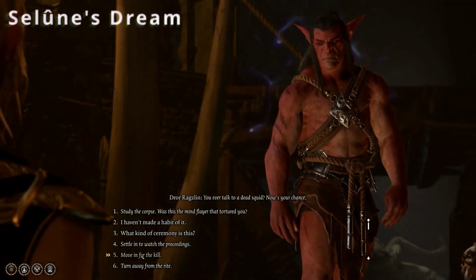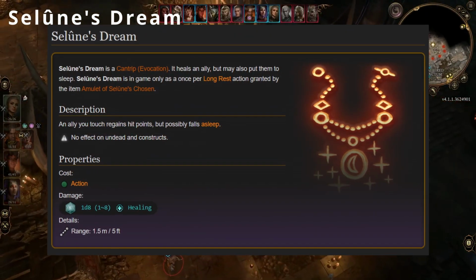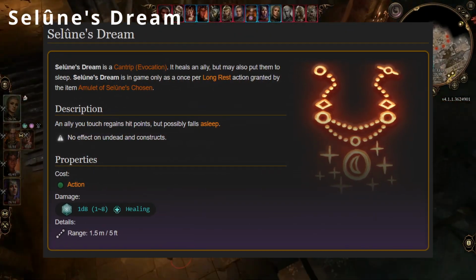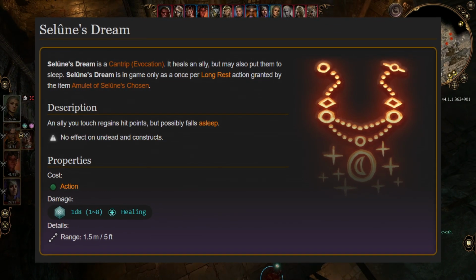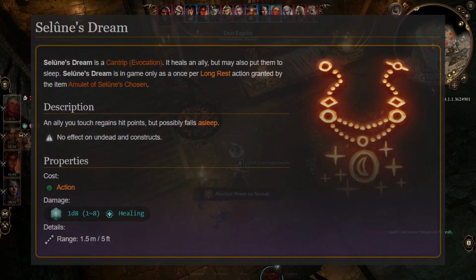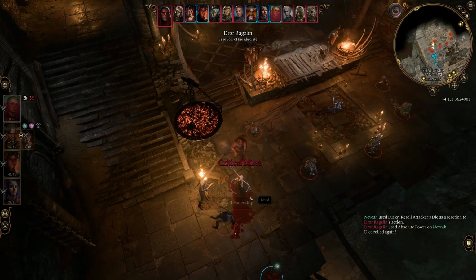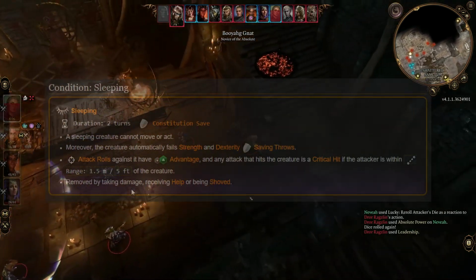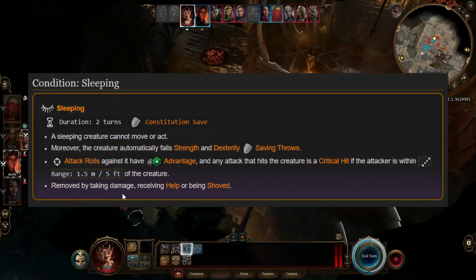First up is the evocation cantrip Selûne's Dream, with which you can heal one of your allies within touch range for a total of 1d8 hit points plus your spellcasting modifier. Selûne's Dream also has a considerable drawback to consider, being that upon the spell taking effect, it can also put your ally to sleep for a duration of 2 turns, if in the case your ally fails a constitution saving